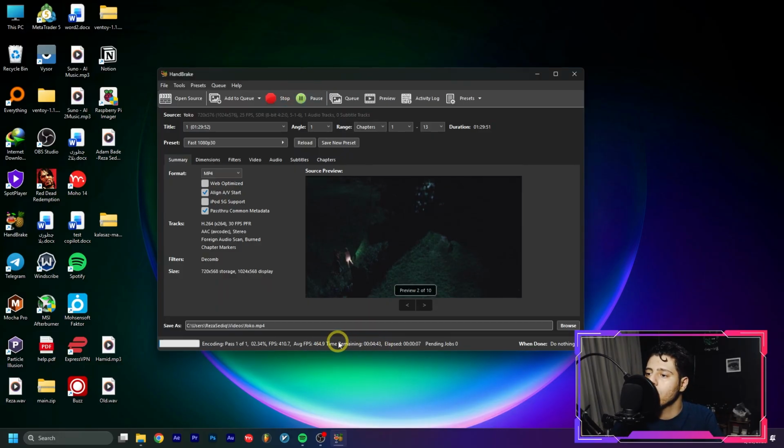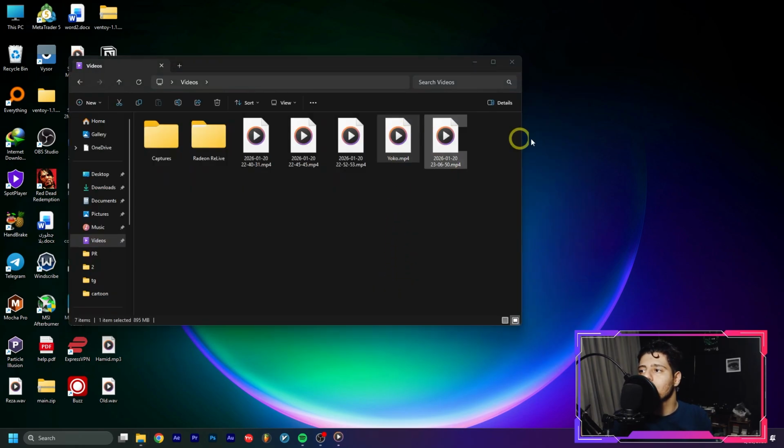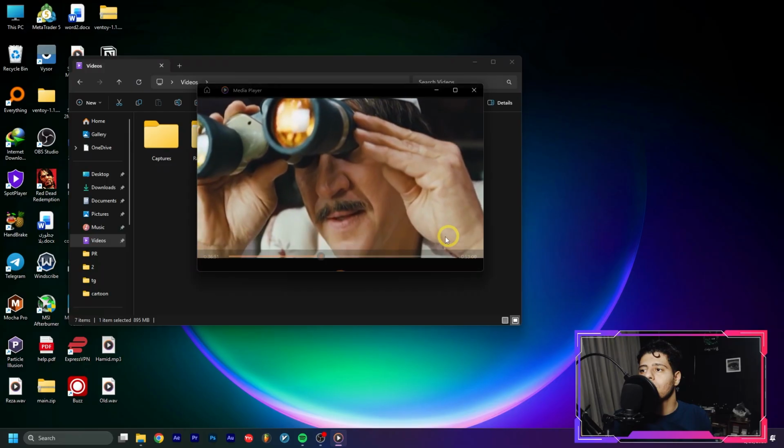In this part, you will see the time remaining and time elapsed. Okay, HandBrake software did its job well. Let me open the file. This one is